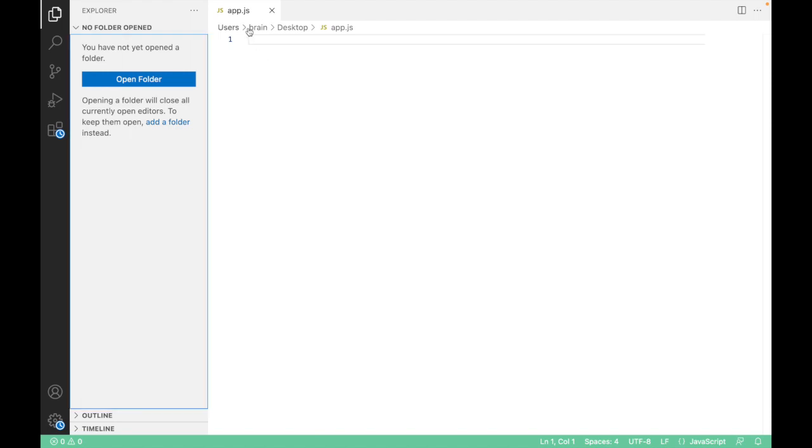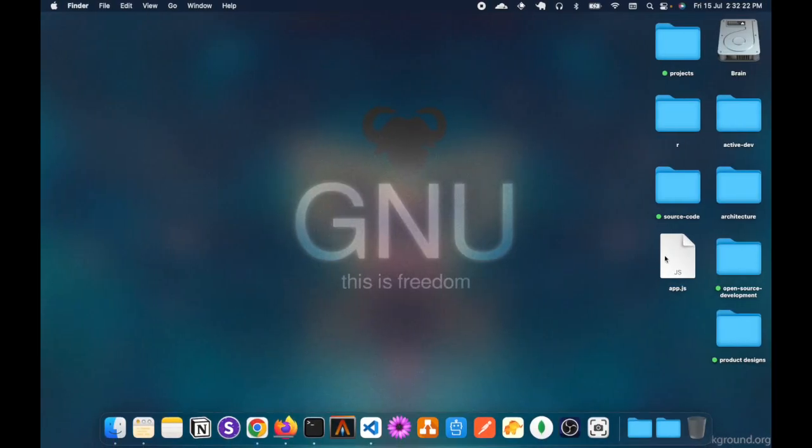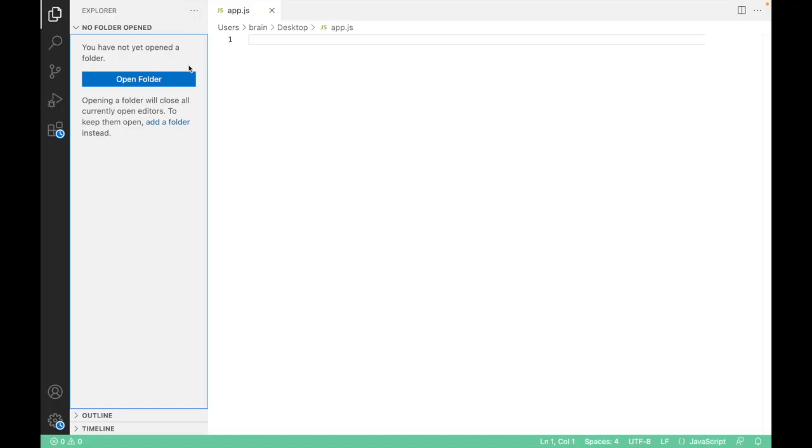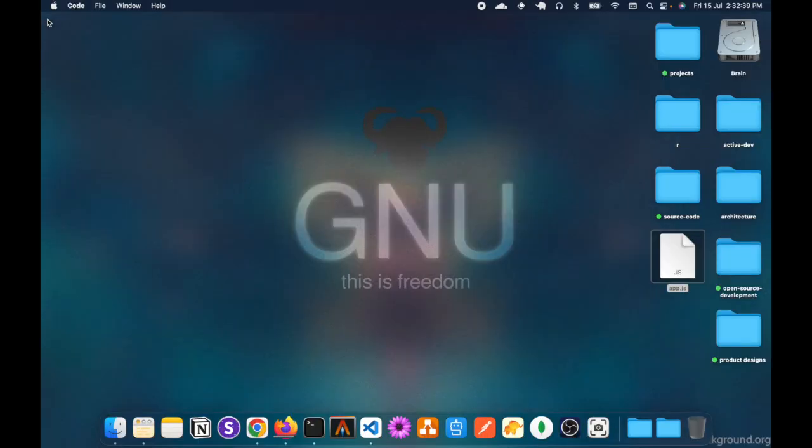As you can see, our file is not displayed on the Explorer. That is because the Explorer actually opens up files that are found within folders, which means our file has to be within a folder. Now our file currently is on the desktop, which means it's currently under the desktop folder. What I'm going to do now is I'm going to close Visual Studio Code and I'm going to open this